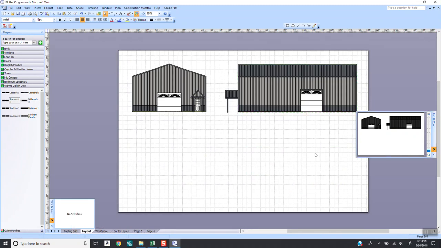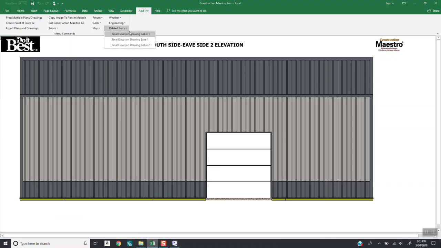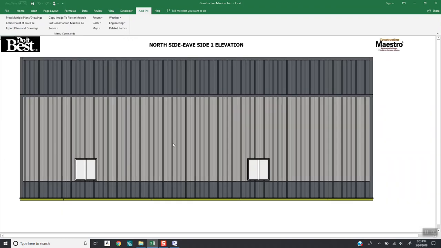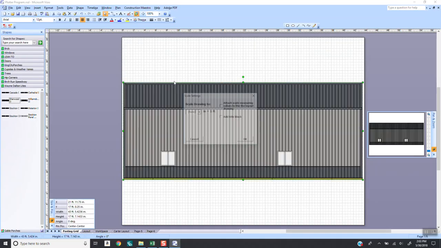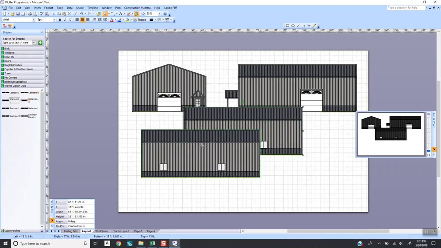Okay. Now, if you really want to get fancy, there's other things we can do. We could have had a window right here. Let's say we had a window right there. Let's pretend there was a window on that side. Well, you know what? Let's just see if there's one on the opposite side. Let's look at E1. Yeah, good. We got windows right there. We're going to send those over now. So copy to Visio, or the plotter module, 1/4 inch scale, say okay. All right, great. So we're going to pull this one down,